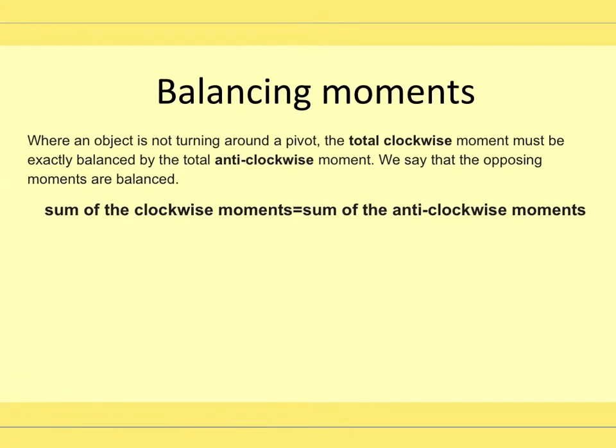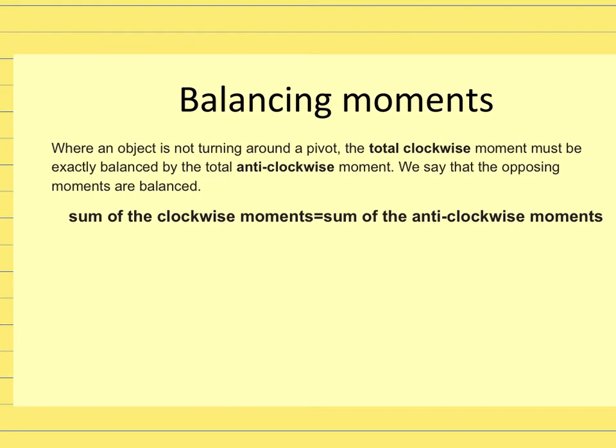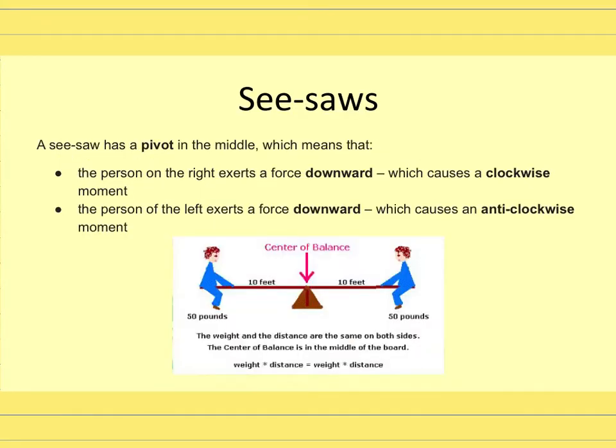Balancing moments is what we really need to do, and just like with momentum, one side equals the other side. So the sum of clockwise moments is going to equal the sum of the anti-clockwise moments. And I'll show you what this means. So if you think of when you're on a seesaw,